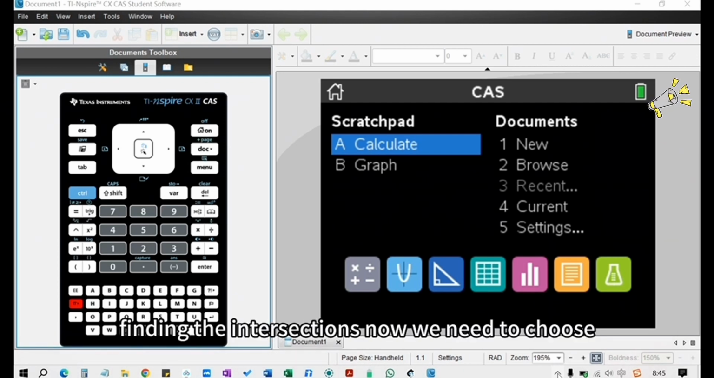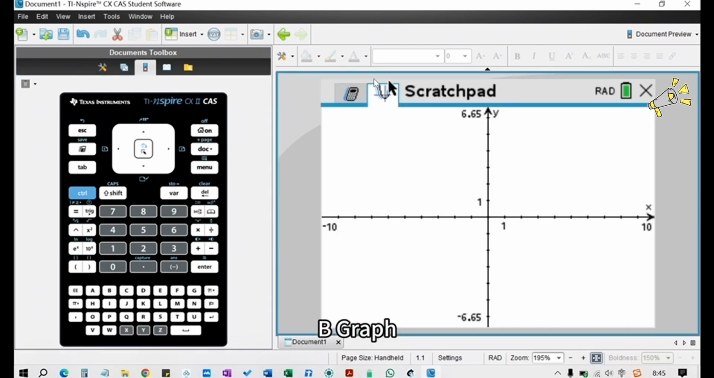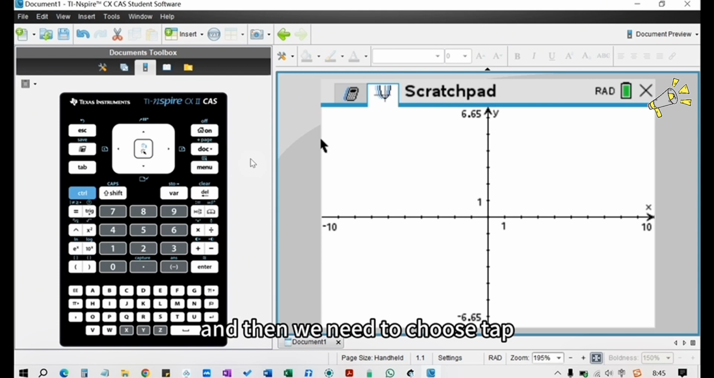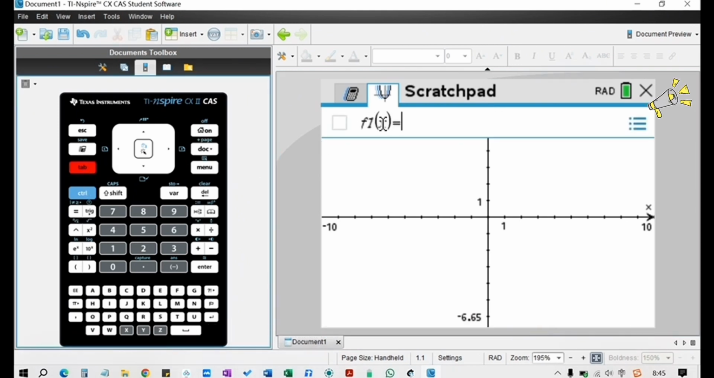For example, finding the intersections, now we need to choose B graph. And then we need to choose tab. So we can write our functions into the calculator. So x